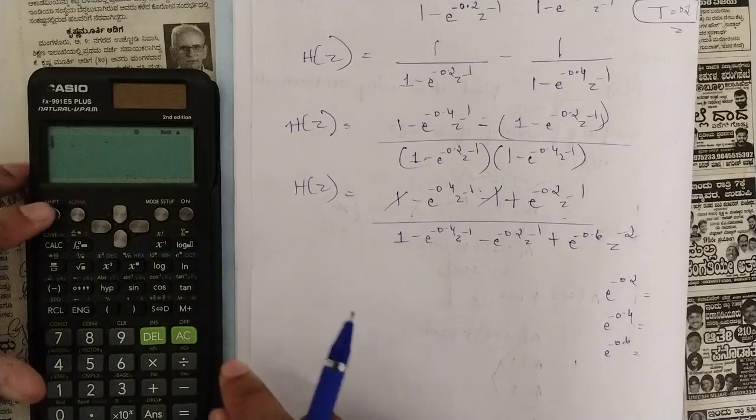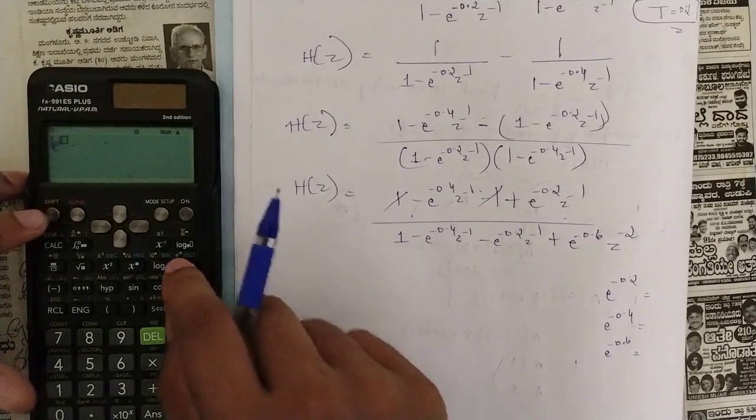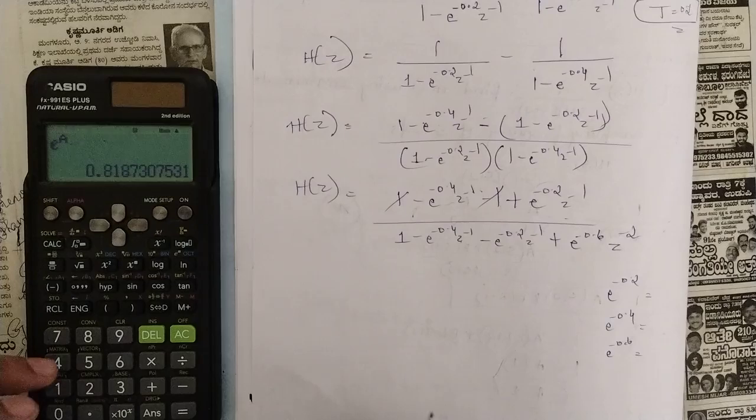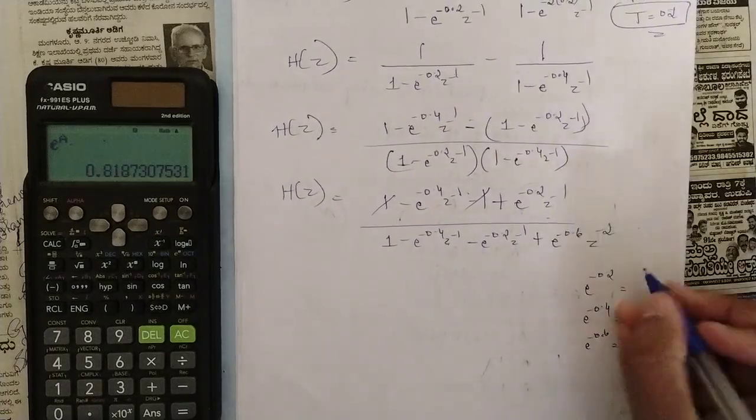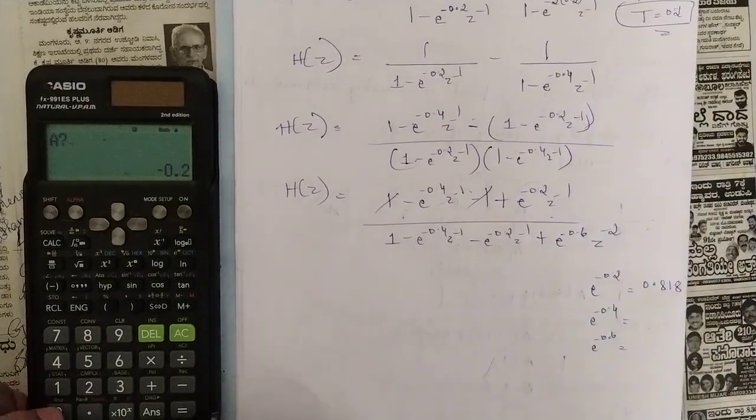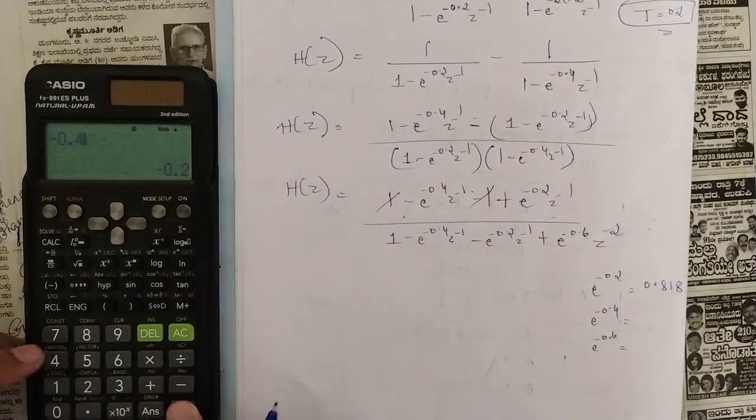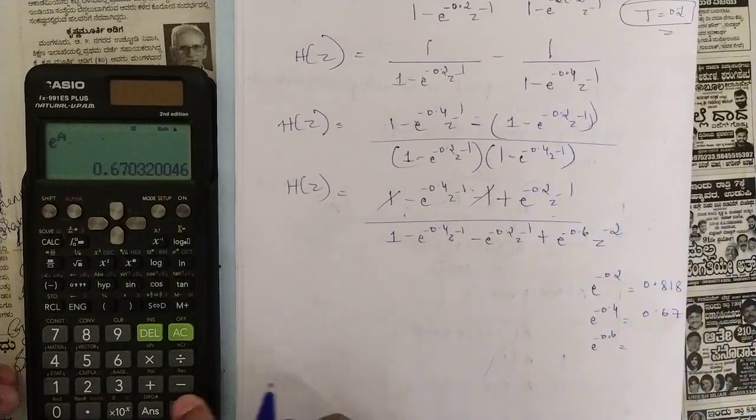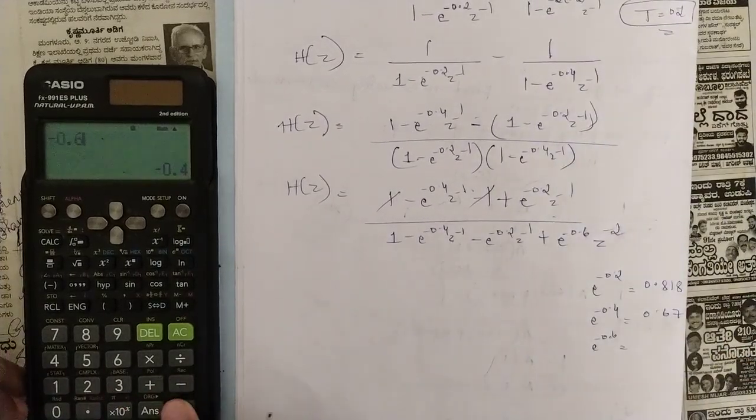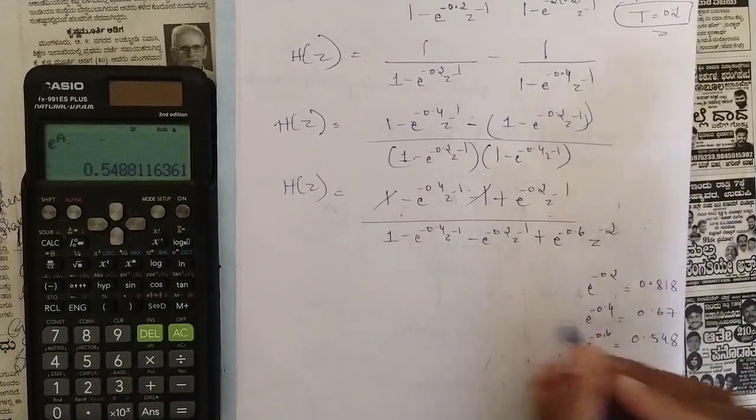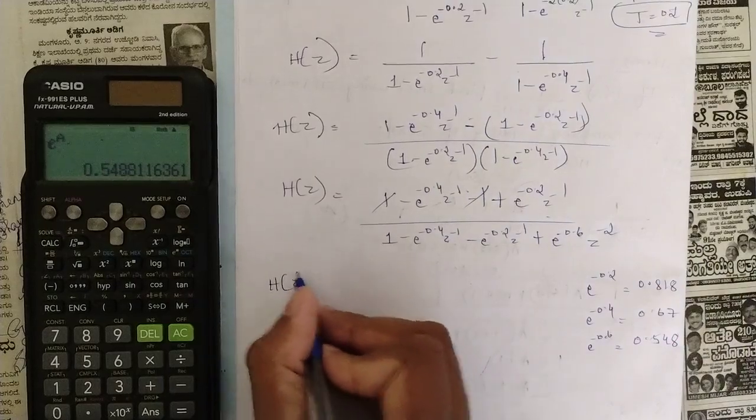So let us simply put e power a, and let us substitute the values of e. That is, one is minus 0.2, first is 0.818. Next is minus 0.4, 0.67, minus 0.6, 0.548. Now substitute these values in this equation, so our final answer would be equal to